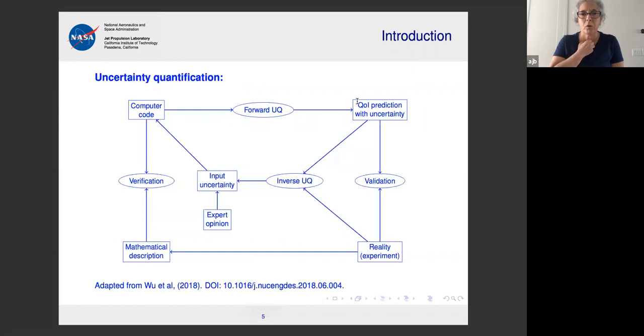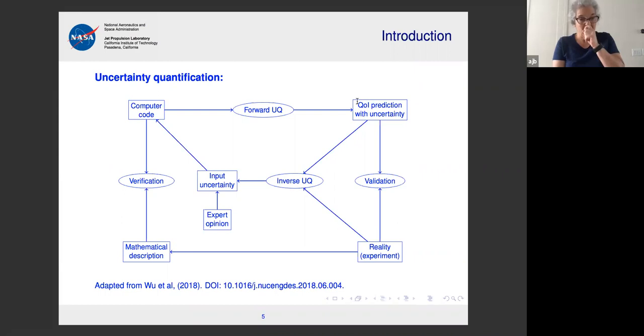Okay, so just one quick word about uncertainty quantification, which has become an extremely popular topic. I'm sort of self-taught in this area. I've had the advantage of being at JPL, where I could talk to a lot of people about it. And I've had a lot of good conversations with people outside of JPL who know more than I do. But I got this graphic from the paper that's referred to down below. And I thought it was kind of a nice description of what the discipline of uncertainty quantification looks like. Actually, uncertainty quantification often is referred to as VVUQ for verification, validation, and uncertainty quantification.